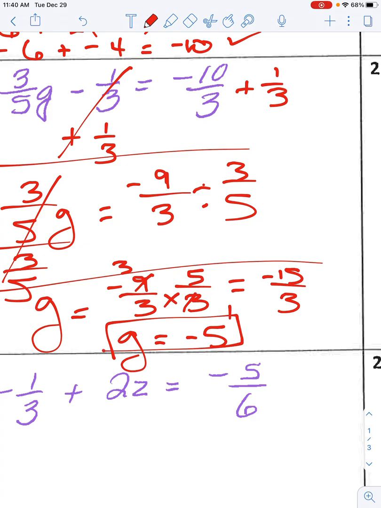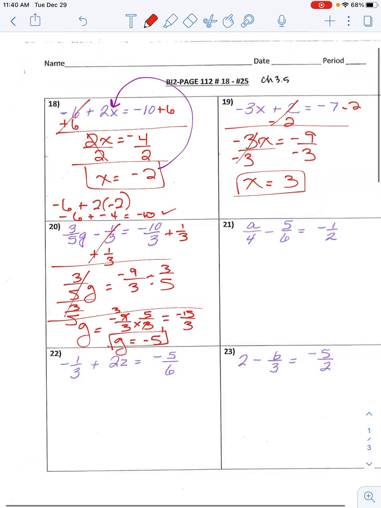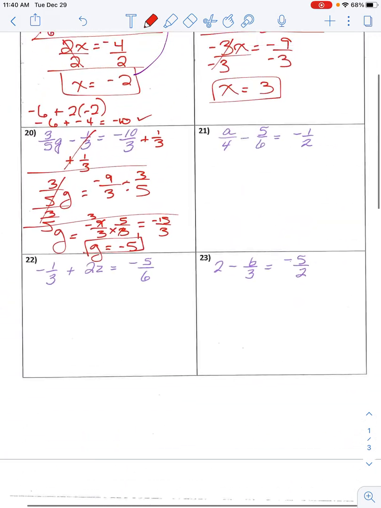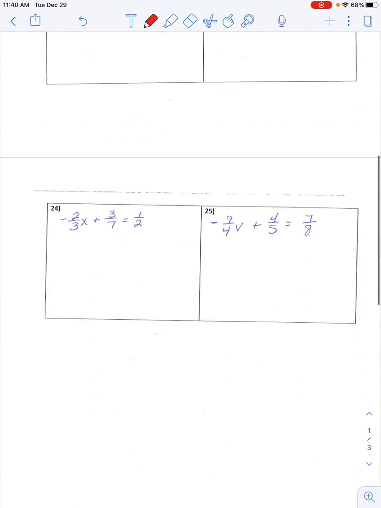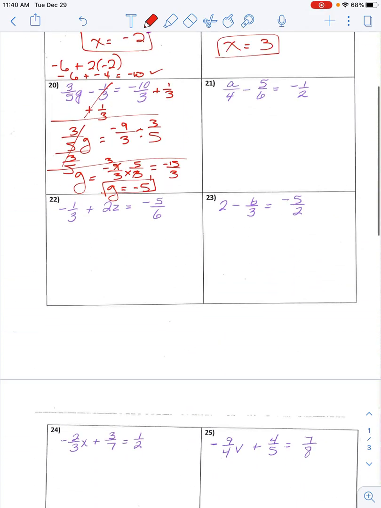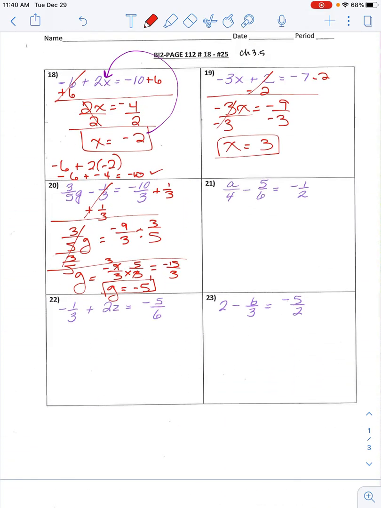Okay. All right, guys, I'm going to leave you with the bottom 3 and 2 more on the back, the bottom 5, all with fractions. Again, you may need to refer back to your notes from before break if you need to. So you've got those next 5. Be sure to substitute back in for the variable to see if your answer checks out. You may have to do that on a second sheet of paper or down here at the bottom. You can do some of your check if you need to, if you don't have enough